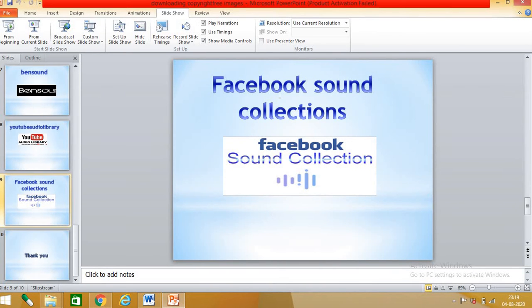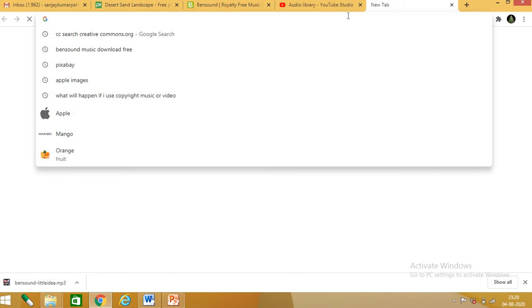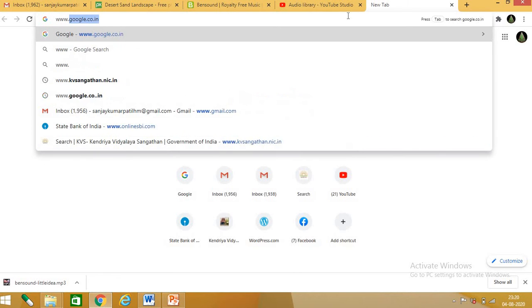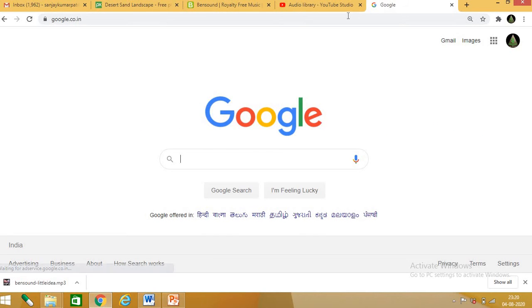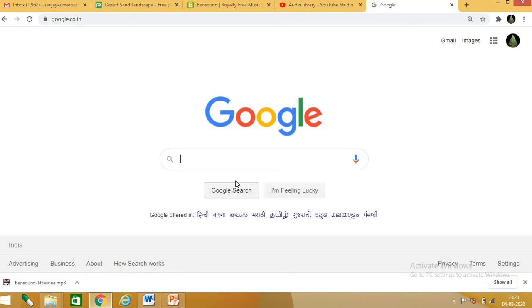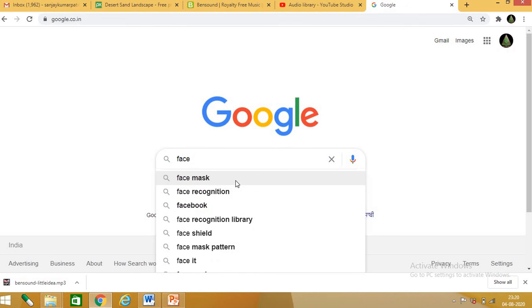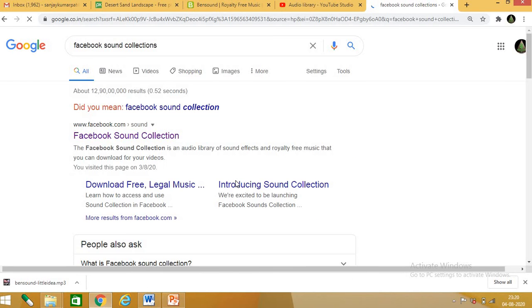Next is Facebook sound collections. This is also free. www.google.co.in, Facebook sound collections. So these are the collections.